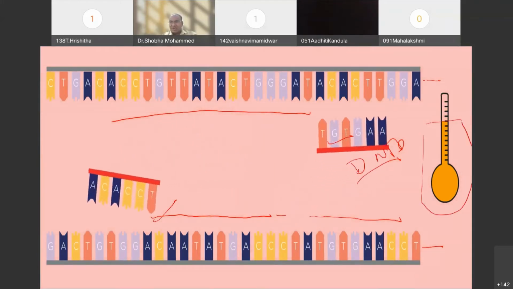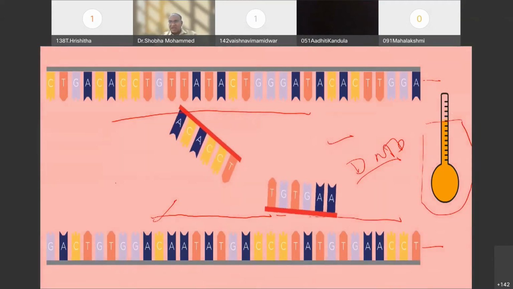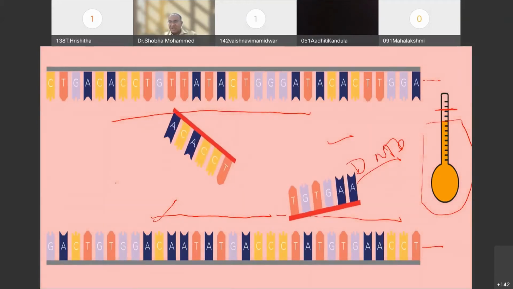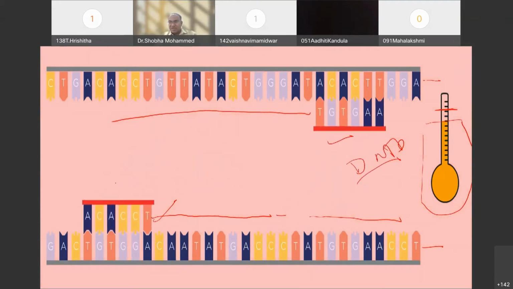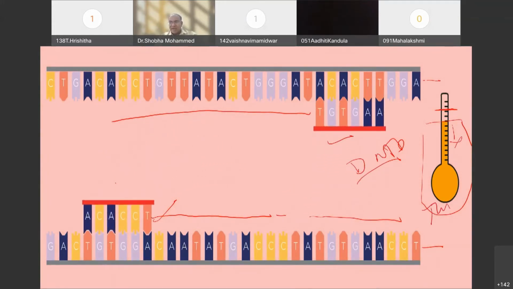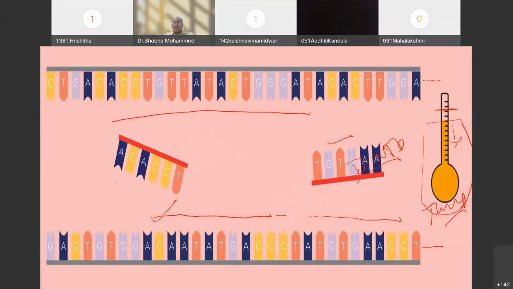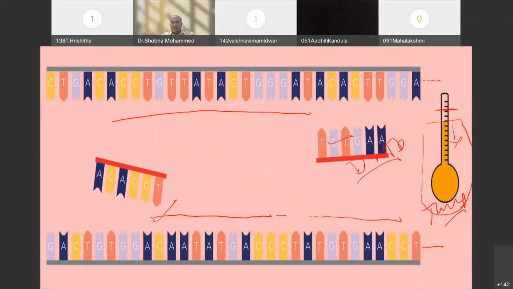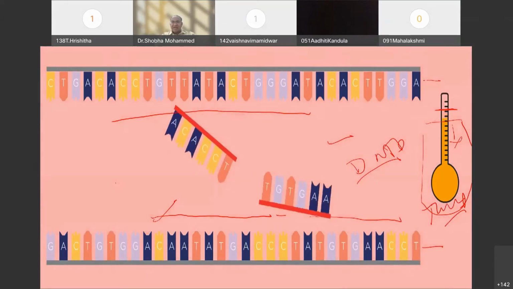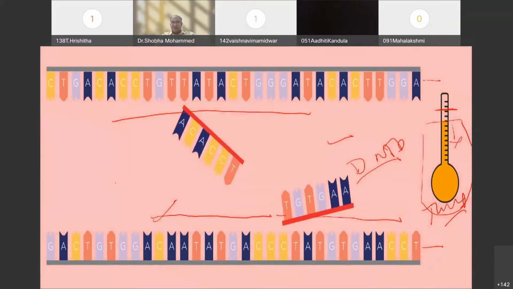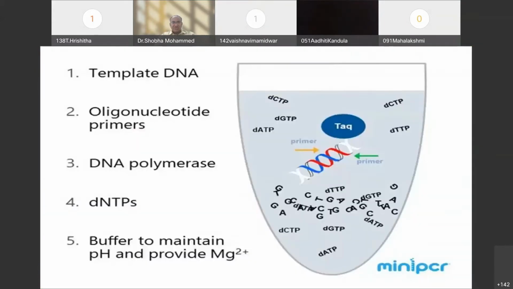maintenance of the temperature. Did you see here? The yellow color is rising and it is coming back. The temperature is around 95 degrees after denaturation here. When I'm using the primers here, the temperature is descending. It means that the temperature plays an important role in the synthesis of the new nucleotides with the help of the primers, or the probes, whatever I am going to use. Now, what are the things we are going to